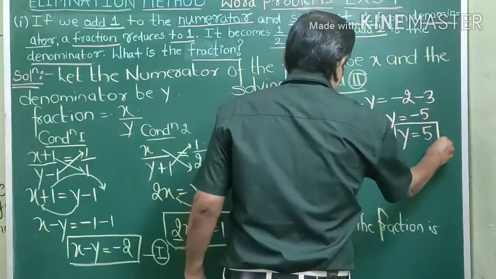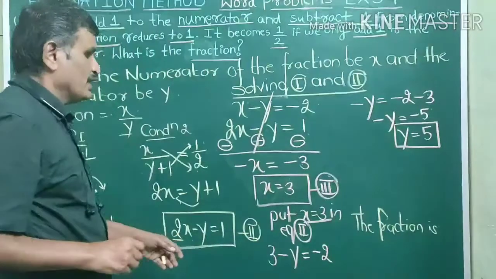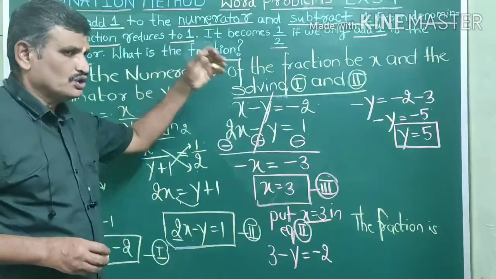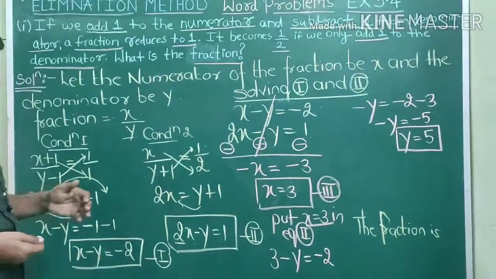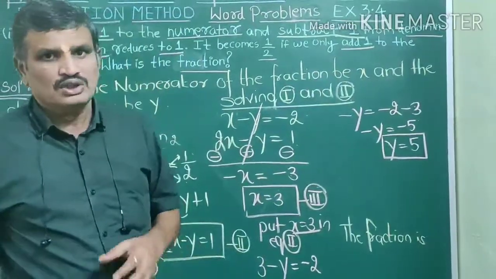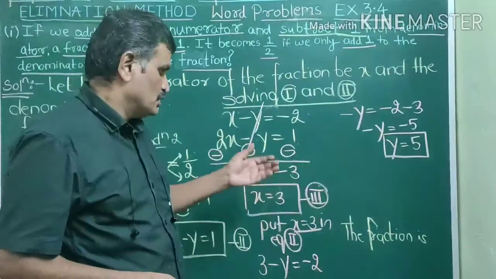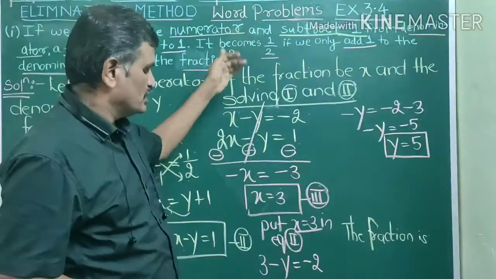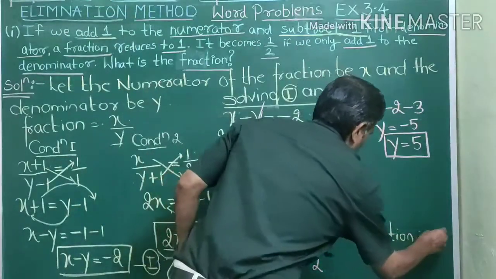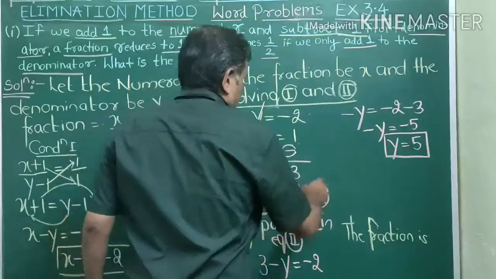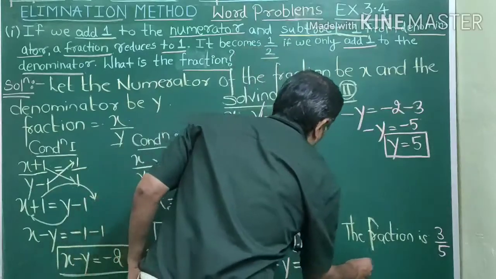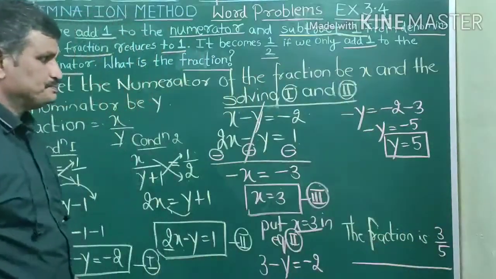So children, remember in the question nobody asked you what is the value of x and y. The question asked to you is what is the fraction. So report your answer properly. Most of the time I have found children solve this much and leave the question like that only. In that case you are likely to lose 1 mark in the examination, because in the question, just read it clearly. Nowhere it is mentioned that you have to find the value of x and y. So you should report the answer as: the fraction is x by y, which means 3 by 5. So this is how you have to solve the word problem.